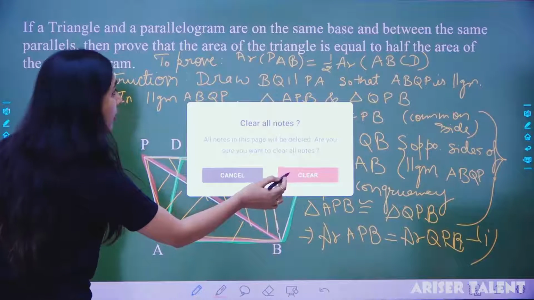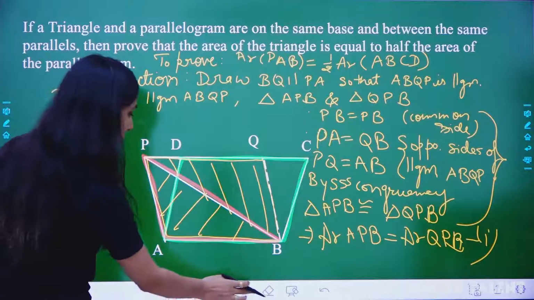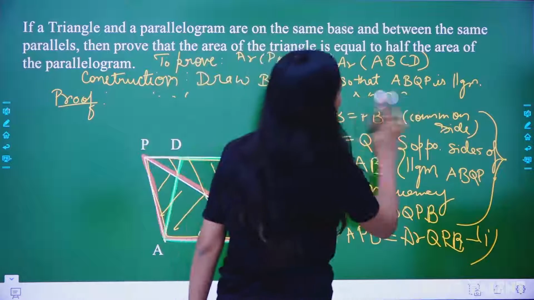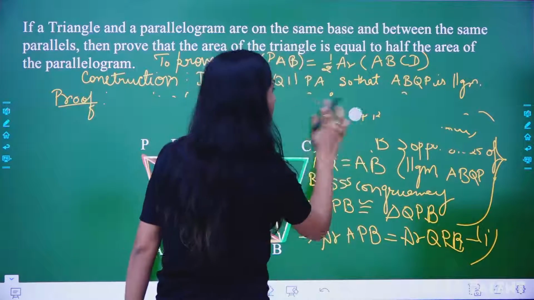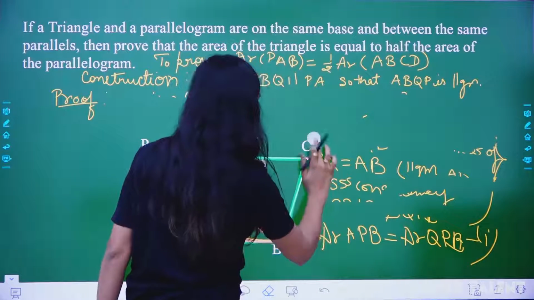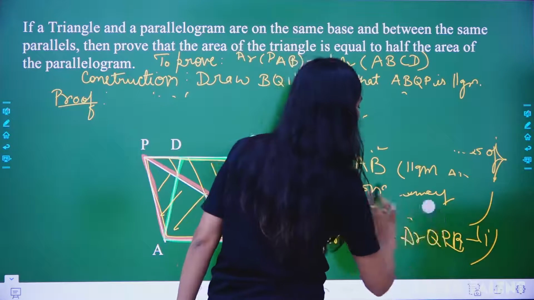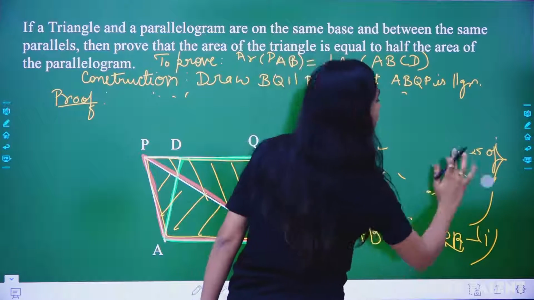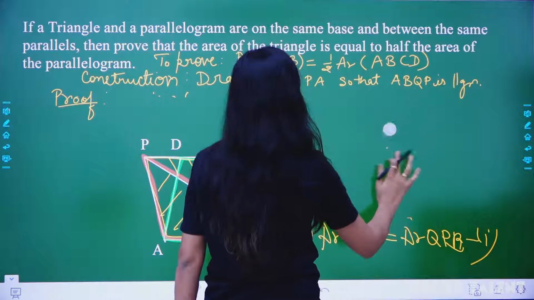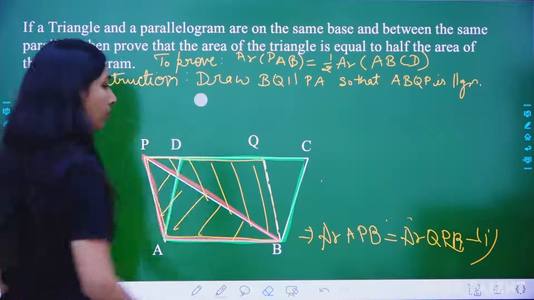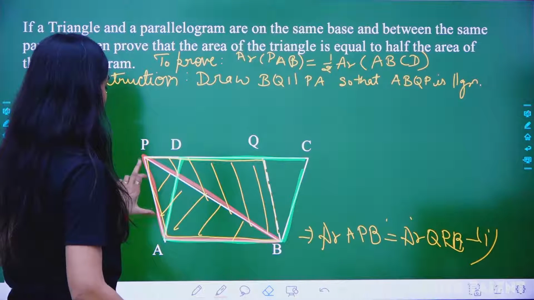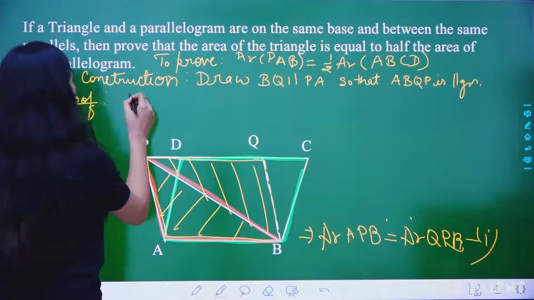I'm clearing up the board. Not clearing, let's wait. Okay, so I'm clearing the remaining part. Okay, only the result part we are keeping. The first equation that we have derived. Now this part is here again true. Now this ABQP, this area